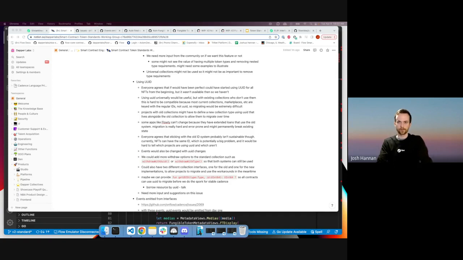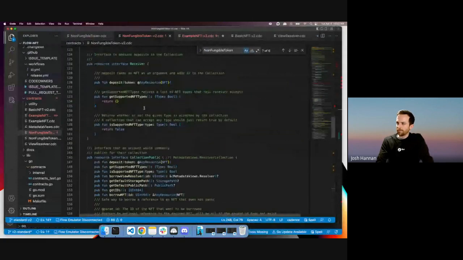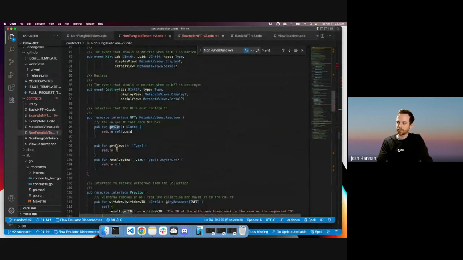Or I mean, the other option is to still make it kind of ambiguous. Right now we have it as, oh, that's a fungible token. We do have it that NFTs just have a getID method, and this is the default implementation. It returns the UUID, but projects could still return an old ID, and we could just say that projects can figure it out